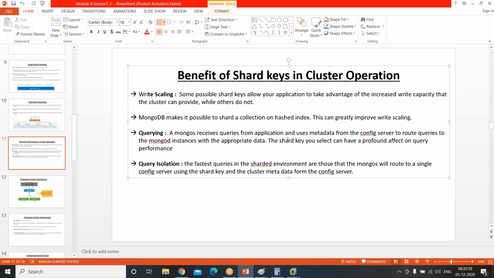Mongos receives the queries from the application and uses the metadata from the config server to route the queries to the MongoDB instances with appropriate data. The shard key you select can have a profound effect on the query performance. Shard key means range based shard key, hash based shard key. If it is a range based shard key, you get good performance for the read. If it is a hash based shard key, it will get lower performance with the read. So it is indirectly saying that what sharding mechanism you use will have a great impact on the read capacity. Query isolation. The fastest queries in the sharded environment are those that Mongos will route to a single